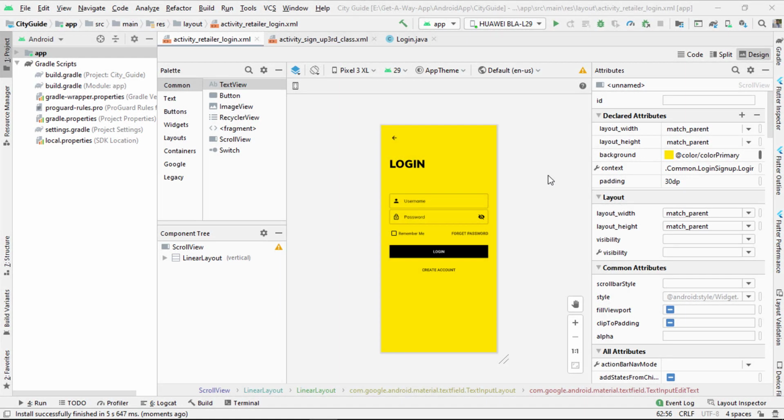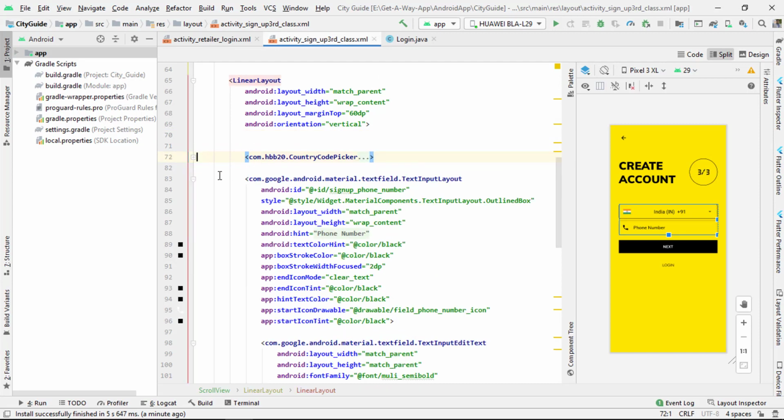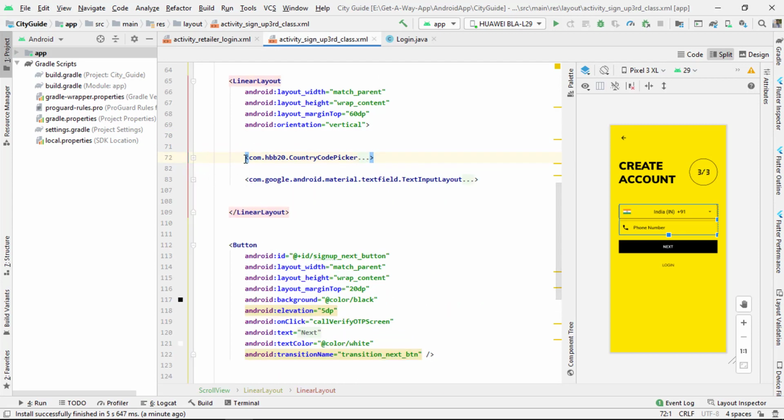Open Android Studio and we are inside the login screen we have created previously. So in this tutorial we just want to change this username to phone number with the country code picker, and also we need to add a loader on the top of this. So we have already created in the third part of sign up screen we have phone number and we also have the country code picker. So we just have to copy these two things,